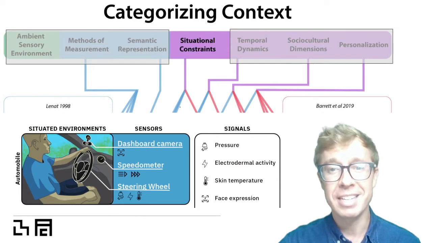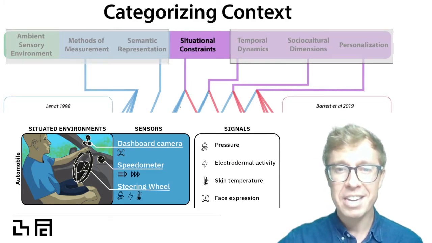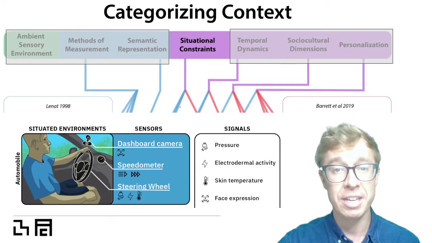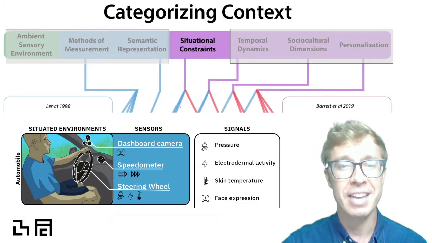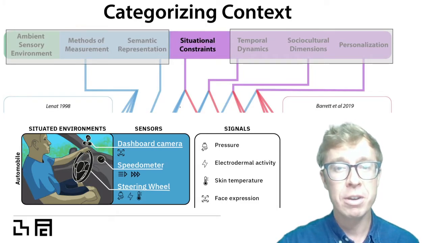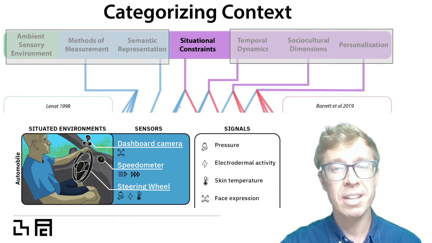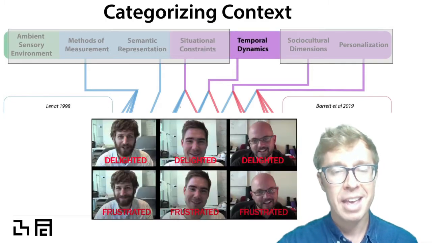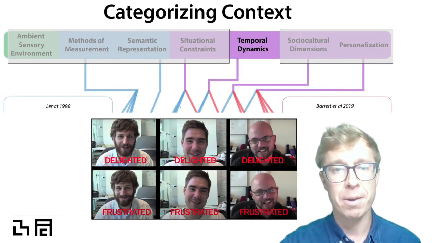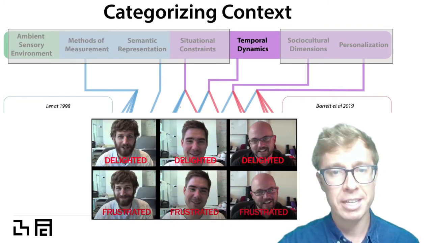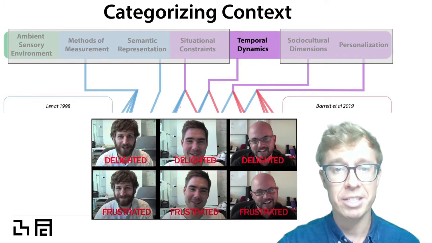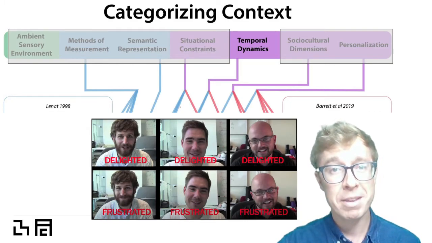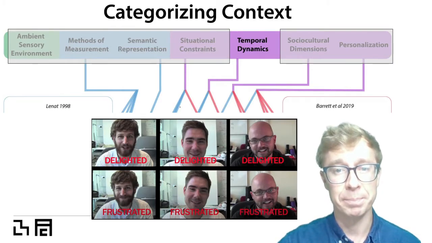Another dimension is situational constraints. What cannot happen in a particular situation? For example, you can't stand up while driving a sedan, and by ruling out confounding variables, we can better home in on what a physiological signal might indicate. And temporal dynamics are another integral dimension. Here's a screenshot from a paper where a machine learning model trained on temporal dynamics of smiles can discern frustrated smiles from smiles of enjoyment, way beyond chance and way beyond what humans were able to do in this experiment.